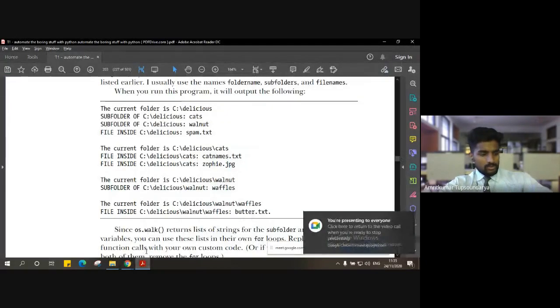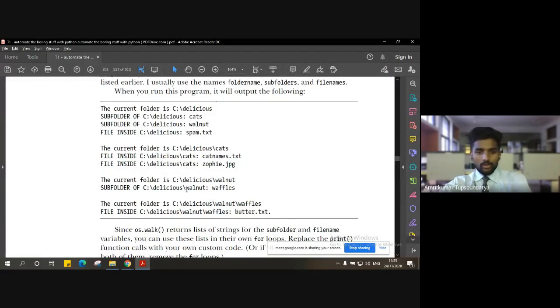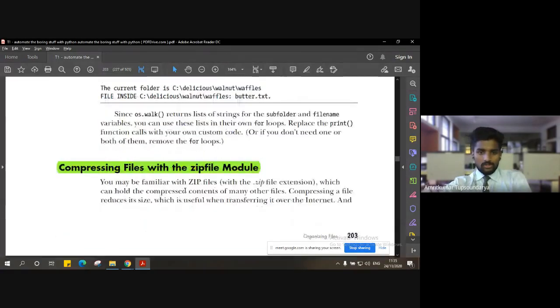Okay, so let us move ahead and do one more interesting thing which you must try today: how to zip a file using these commands, or compressing the files with the zipfile module. You must have all done zipping a file, as I mentioned, zipping a few important documents, your certificates, scanned documents, or maybe software or photographs. Whatever you want to zip, you must have zipped using a third party or external tool. But how can we do this zipping internally using Python commands?